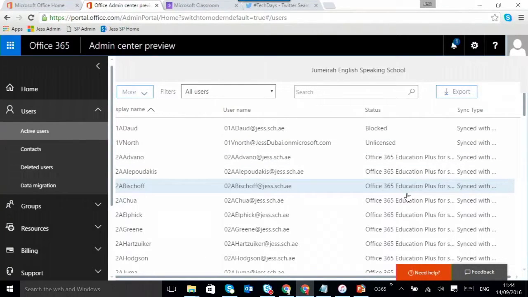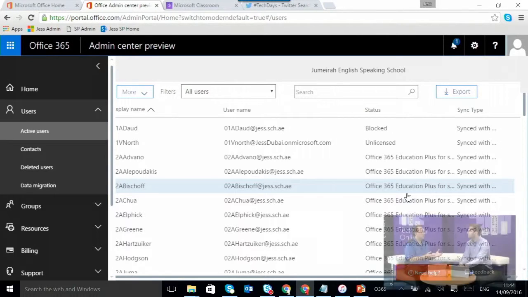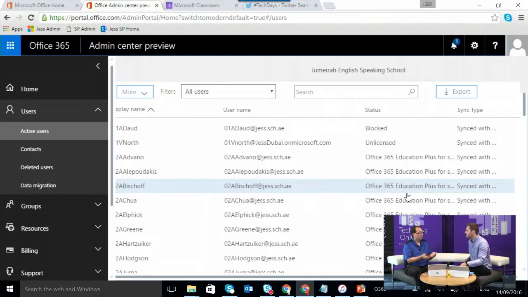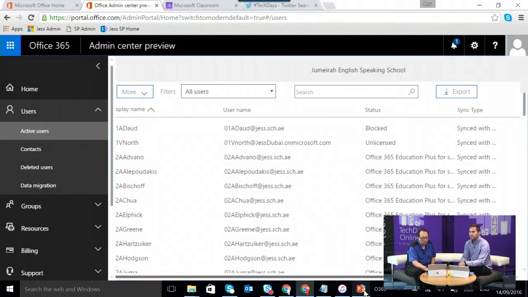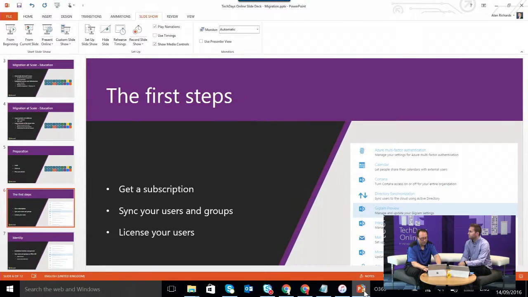So all these users can quite happily log in. Yeah. They can log in with their email address and their network password. So it makes it easy for them. You're keeping the user happy. Sure. Because they should know their email address. Yeah. And I'd like to think so. You'd hope so. And they should actually know their network password. Yeah. Although, having worked in education for a long time, we do know that students forget them on a regular basis anyway. Sure. But that's fine. You change your AD password, it resets into Office 365 as well. So that's basically how you get your users to Office 365.